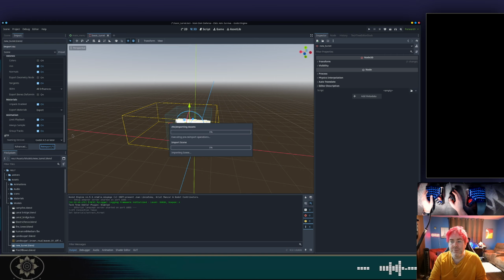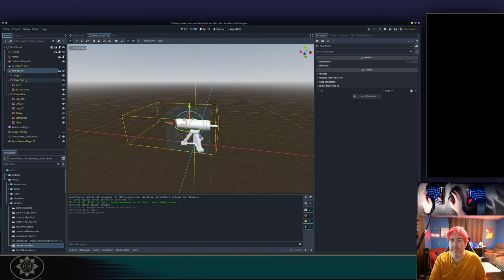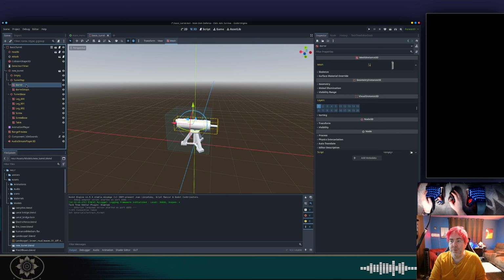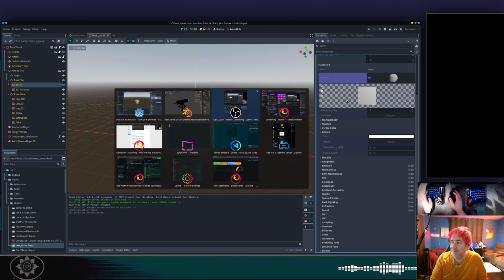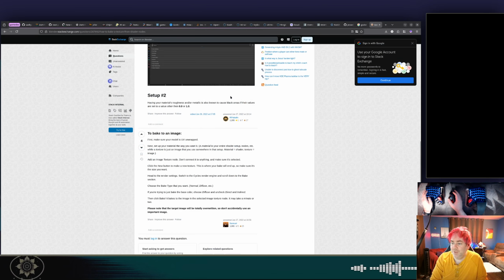Okay, so if I do this, will that change anything? Ignore the empty. That's stuff that wouldn't normally export. We still don't have a texture. Okay, so we go back to